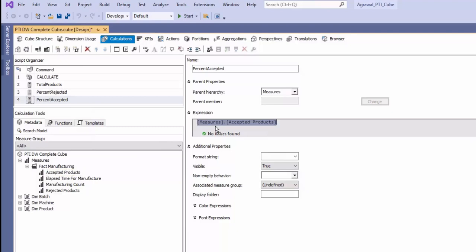So I'm going to drag it here, divided by, once again I need to divide by total product, so I will have to type it up. Measures dot, and type it up exactly how it is shown up there. So total products